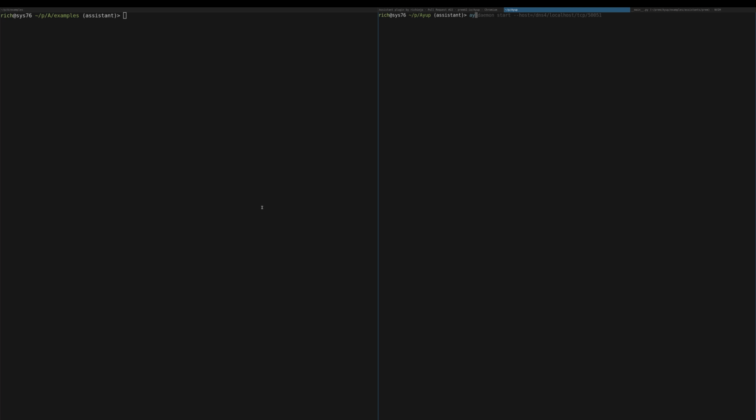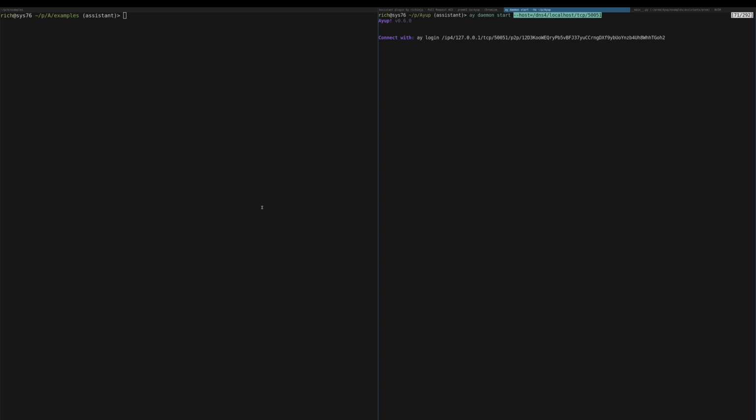So okay, let's first start Ayup. We're going to start it on our local machine. You'd usually start it this way on a remote machine, but because I've provided a libp2p address as the host, see up here I've said host, and this is a libp2p address. We don't really use many of libp2p's features, but we use it for encryption. So I've provided the host as the local host,